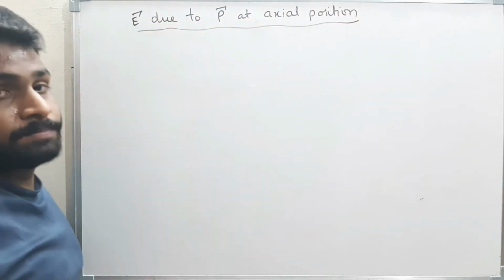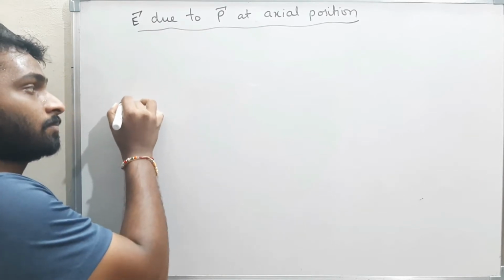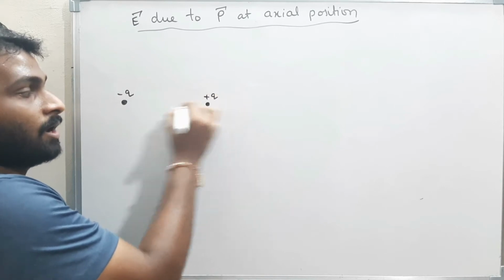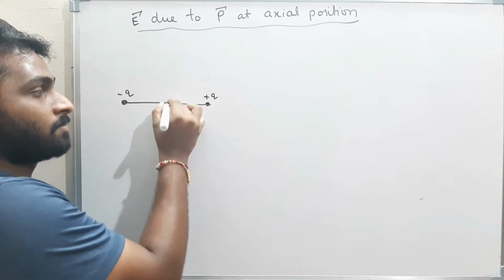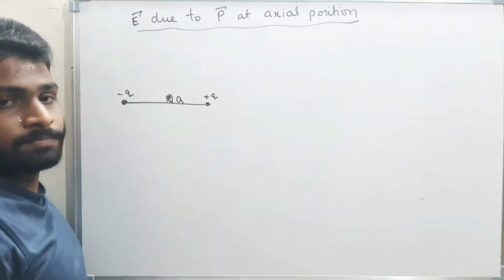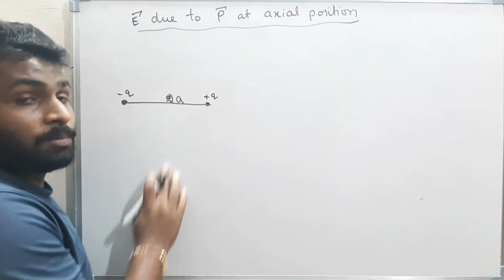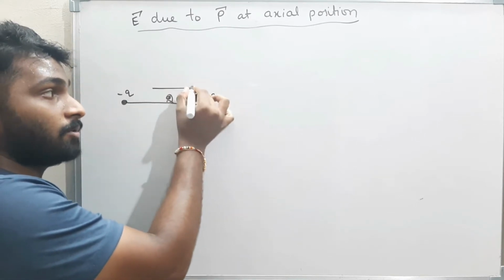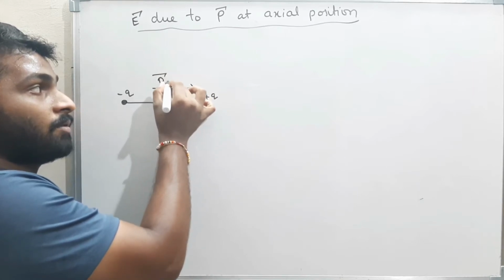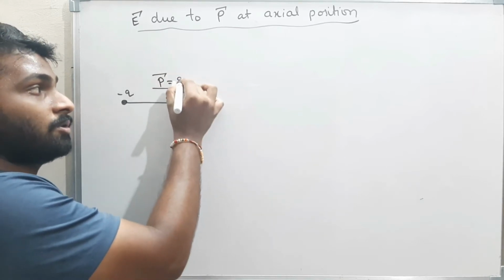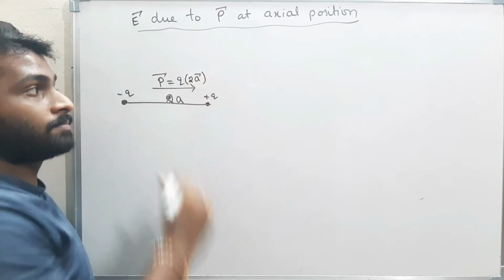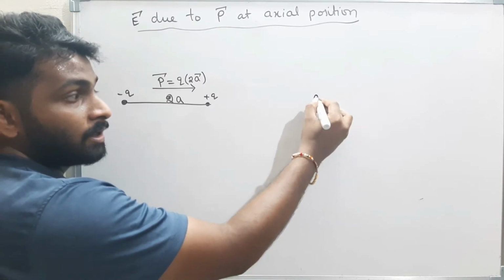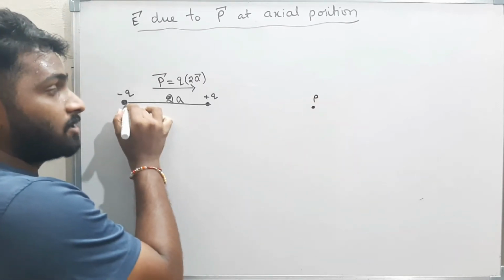Okay, now observe carefully. There is some dipole, charge minus q, and there is charge plus q, and they are separated by a small distance 2a. Now what is the direction of the dipole? The direction of the dipole is always from negative charge to positive charge. Therefore, there is a direction of dipole. This is p bar. What is p bar? P bar is nothing but one of the charge q into 2a bar. Well and good. Now, I am taking a point P along the axial position. What is axial? This is the axial position along the charges.